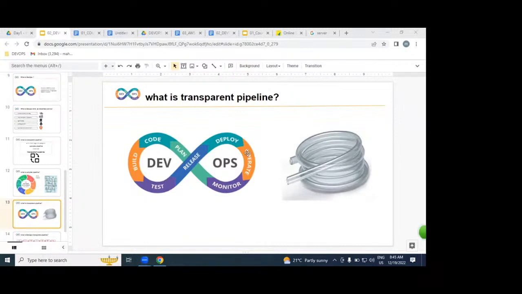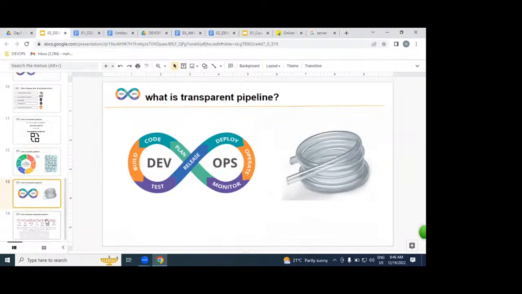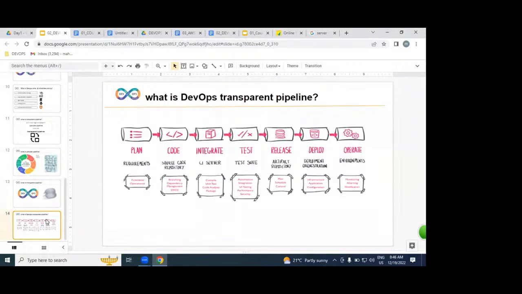What exactly are we going to be replacing? We are going to replace the complex pipeline with a transparent pipeline. Why are we calling DevOps a transparent pipeline? Because it is transparent with automation in the middle. If you get any issue or problem, we can easily identify it and easily resolve it. But how does the actual DevOps process look? This is what our actual DevOps process, which we are going to implement, looks like.